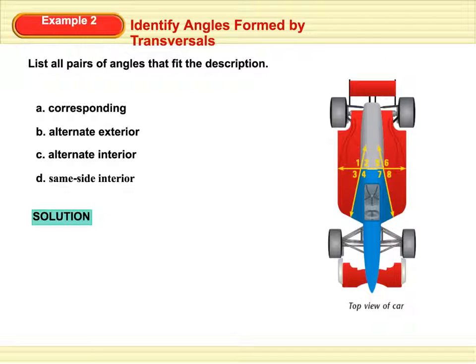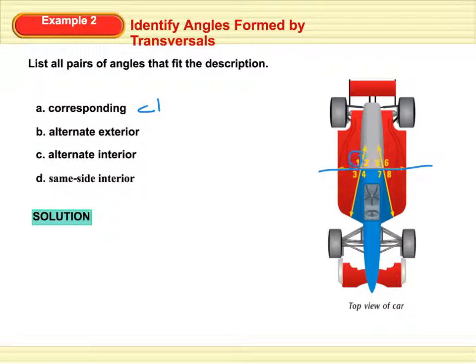And here's another example. List all pairs of the angles that fit the description. Corresponding angles. Okay, so we have to list all of them. Remember the definition of corresponding angles. And first of all, again, here is our transversal right here, right? So the corresponding angle is the only angle pair that doesn't differentiate exterior or interior, as long as they correspond with each other. So if we take angle 1,